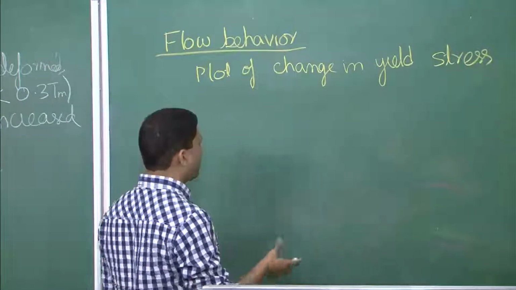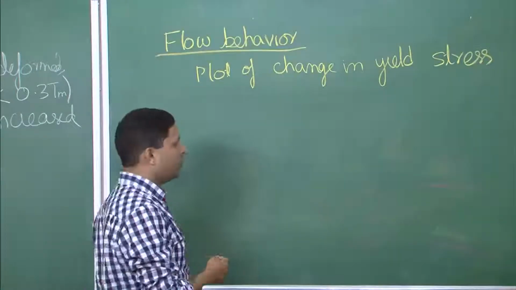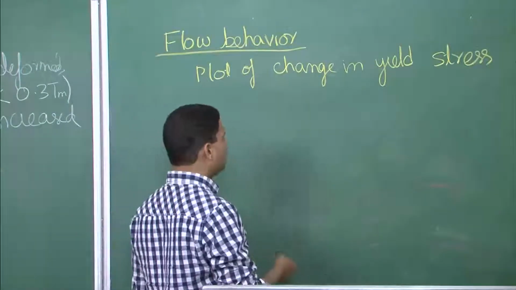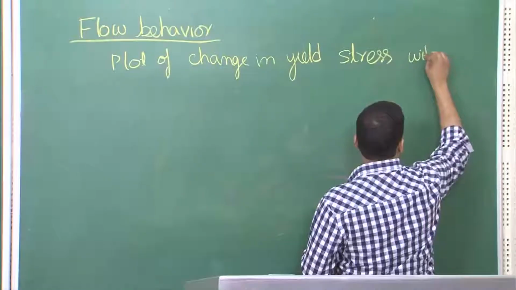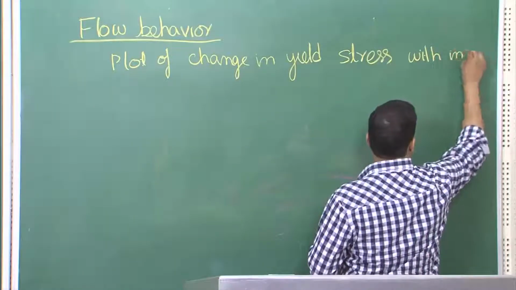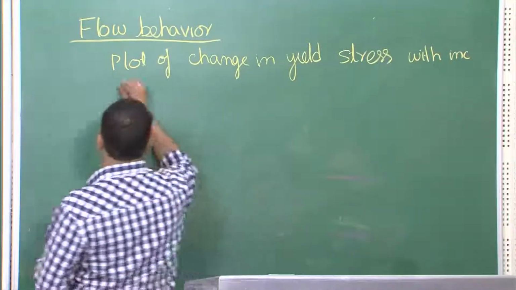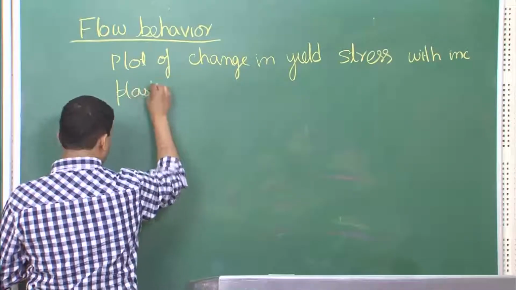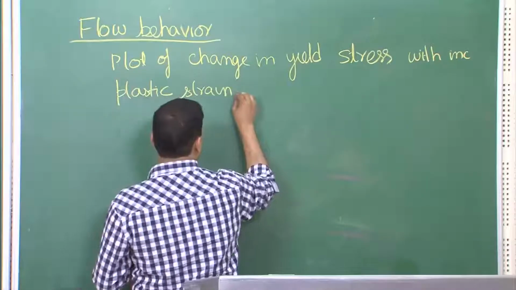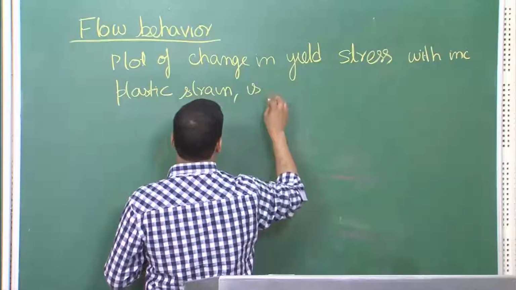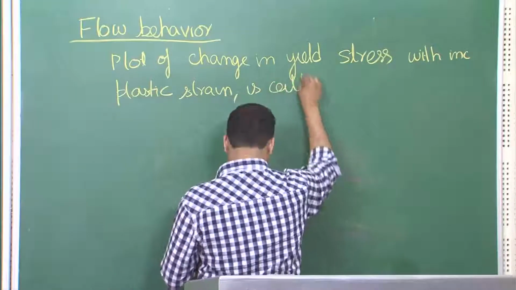Now, if you plot that yield stress, or you take the loci of that yield stress with increasing plastic deformation, what we get is called flow curve,